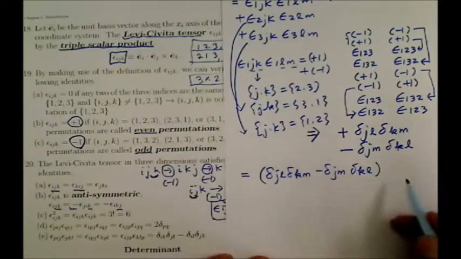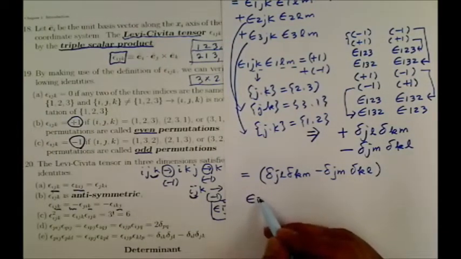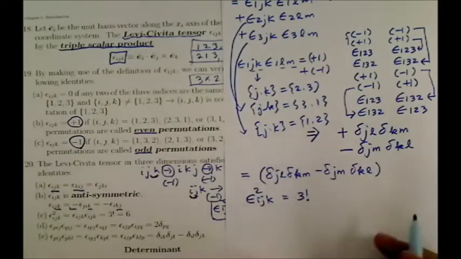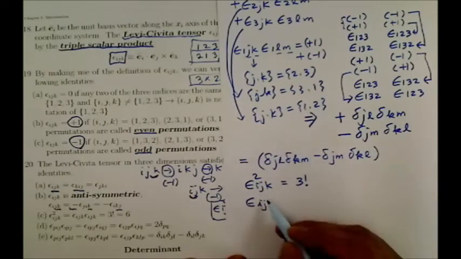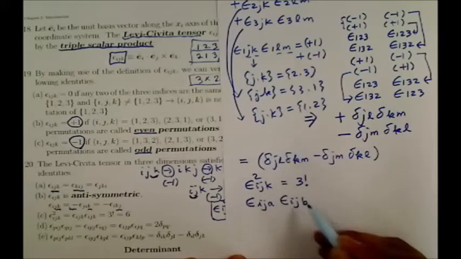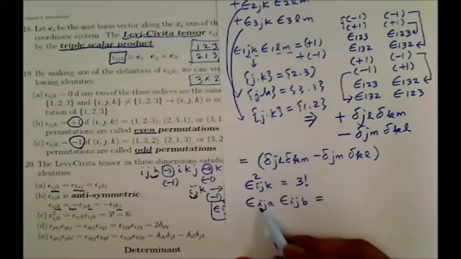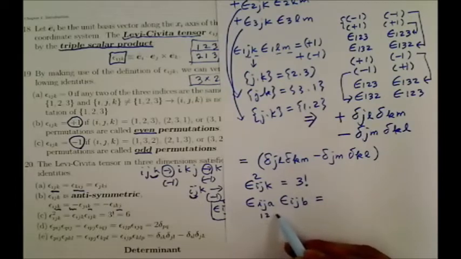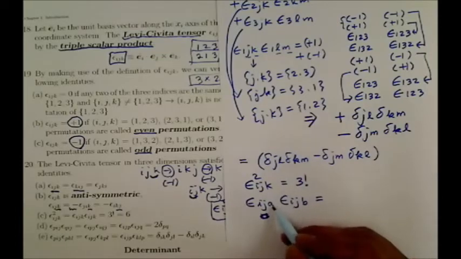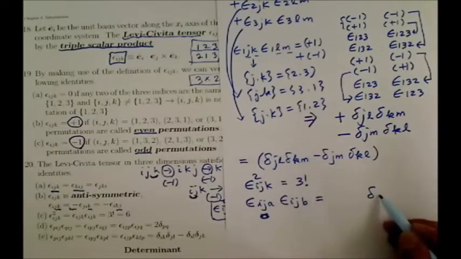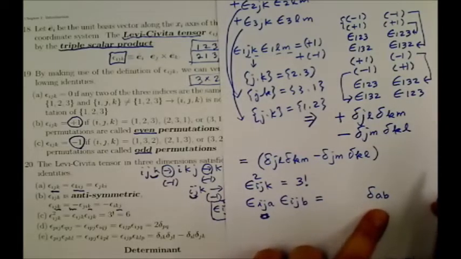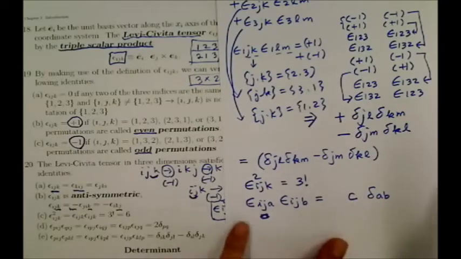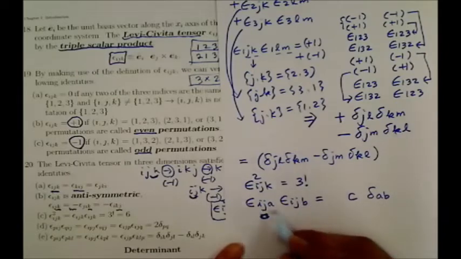We can further track this complicated formula. Epsilon ijk squared is 3 factorial. Okay? What happens if I have epsilon ija epsilon ijb? In this case, i, j are always the same. So, for example, 1, 2, then this one should be 3, something like that. So the answer should be non-zero only if A and B are the same. But I don't know what the coefficient is. However, if I multiply delta AB on both sides, the left-hand side becomes epsilon ijk squared,